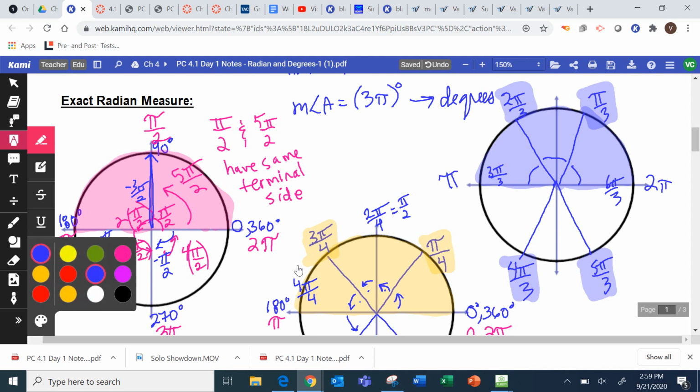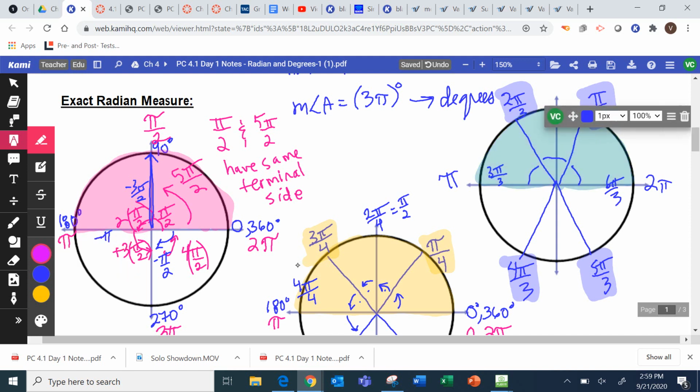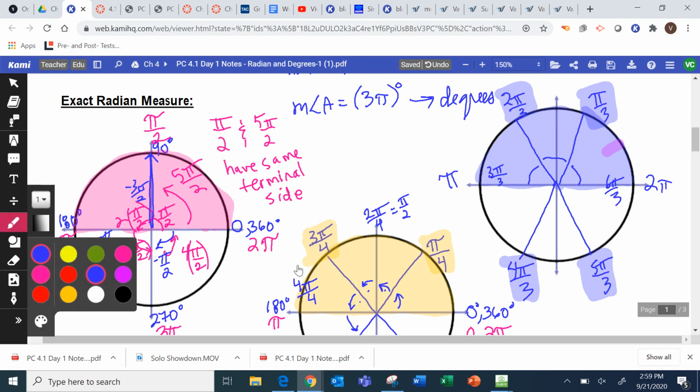Now there is one more group, and I'm going to put it on the same circle as the pi over 3s. If I take, oh shoot, I always forget to switch the marker back. If I take these sections and I half them,